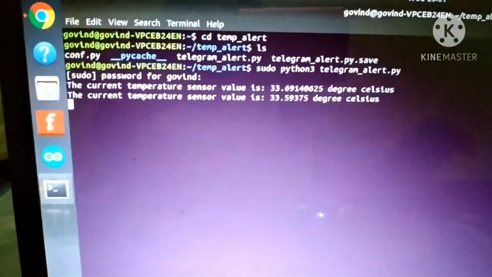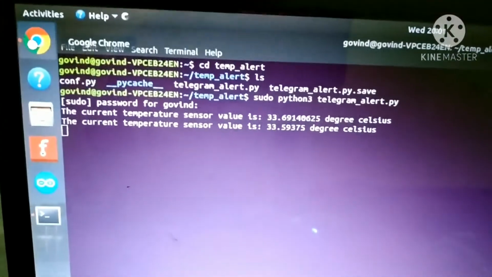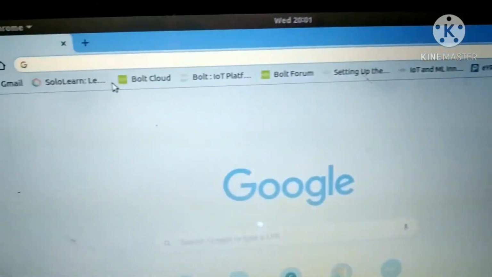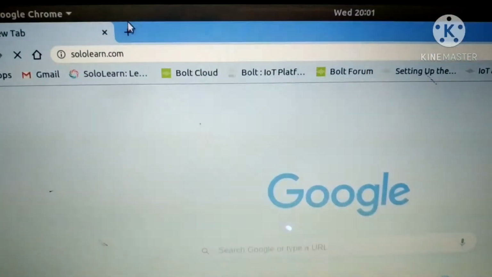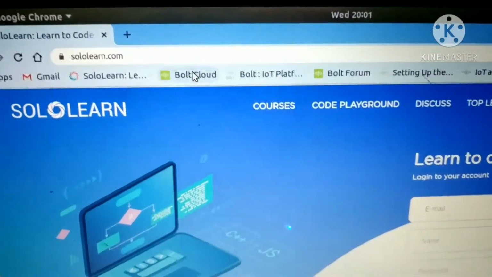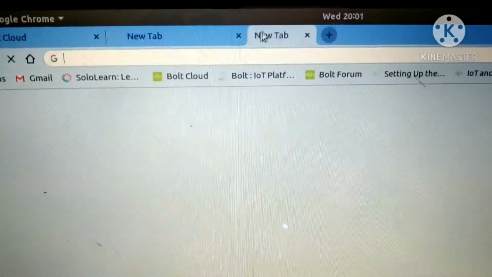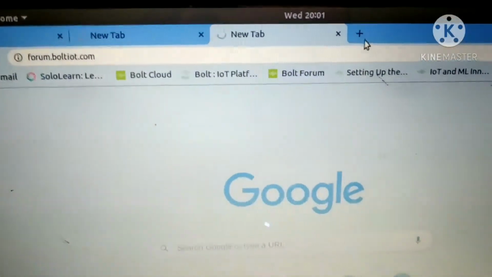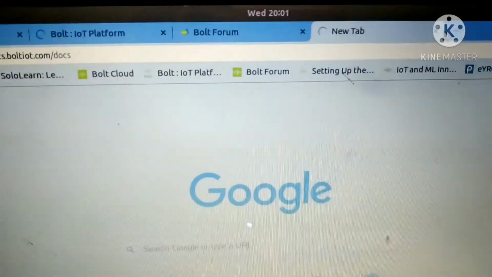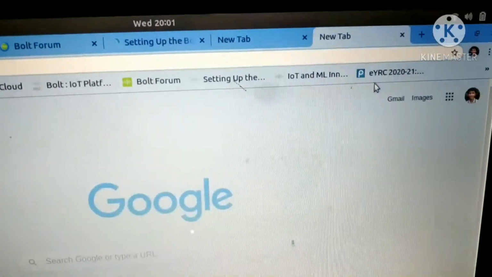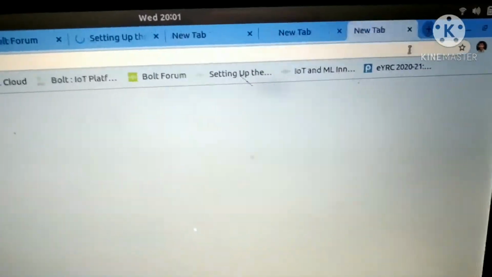To increase this, let's do one thing. Let's increase the load of the machine by starting multiple websites. I'm doing this to increase the load on the machine so that it will increase the temperature.